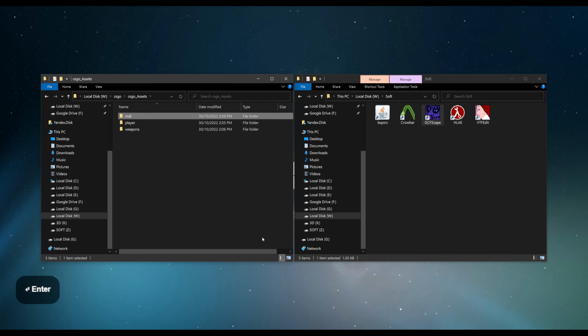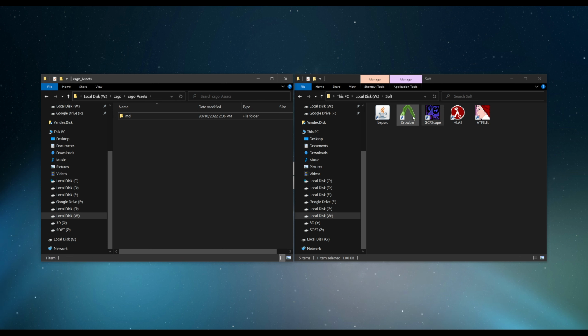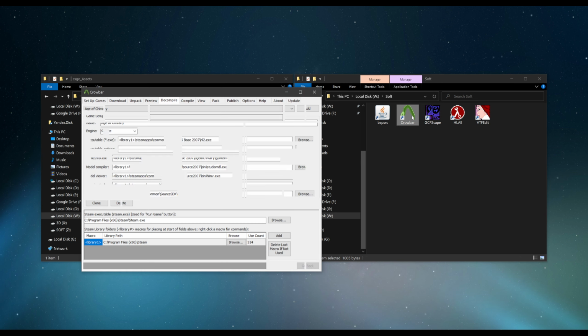The files inside the folders have the MDL extension. To convert them to QC, we will need the crowbar application.